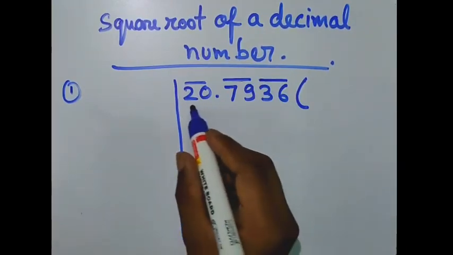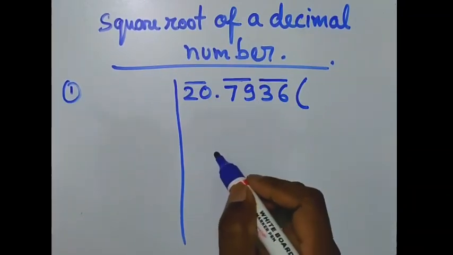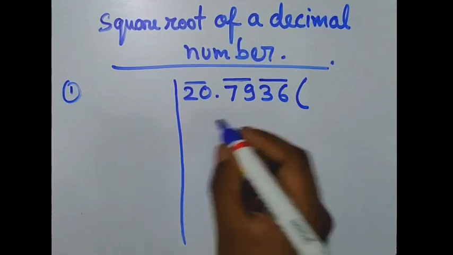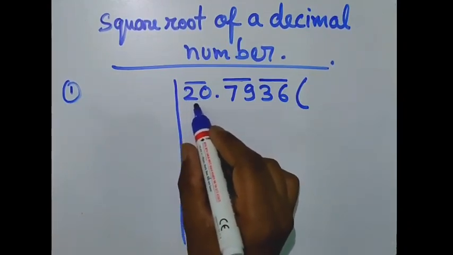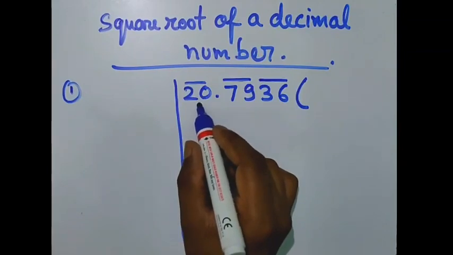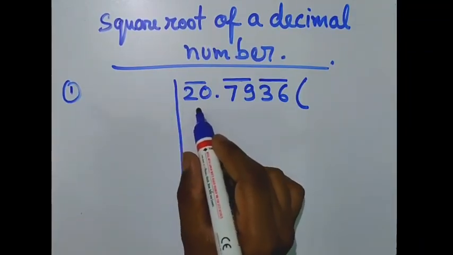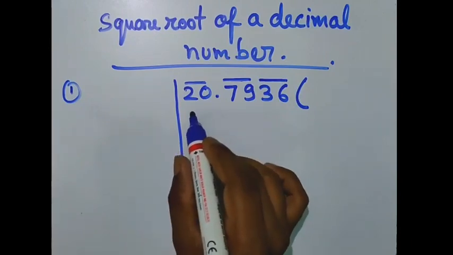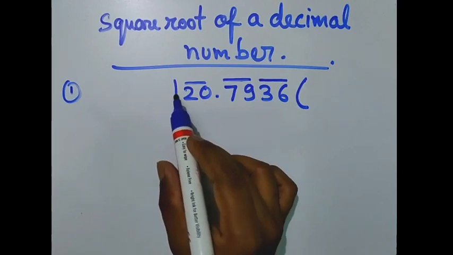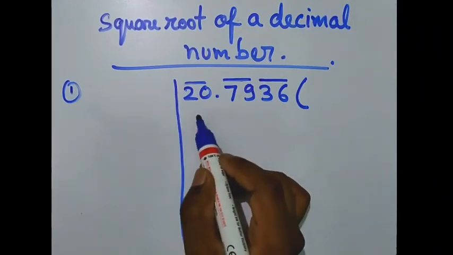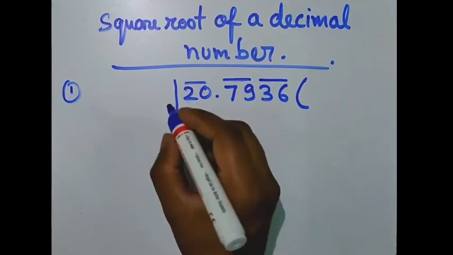Now let's understand how to find the square root of this decimal number. So we'll do the same process. First, the number at the left, the first pair, that is 20. Now think of a number that you can square to get 20 or less than that, but not more than that. If I do 4 times 4, it will give us 16. 5 times 5 becomes 25. It is more, so we'll take 4.